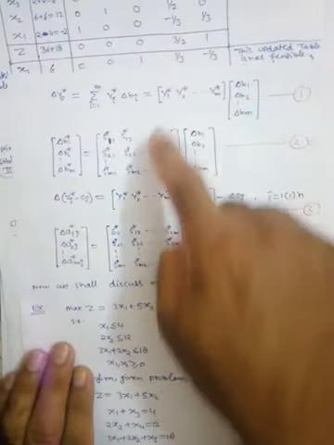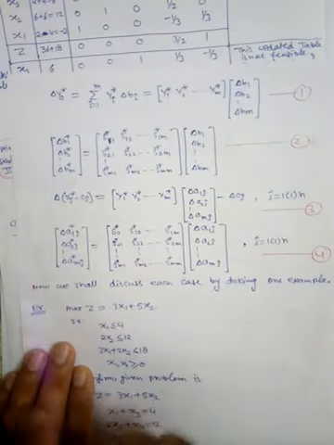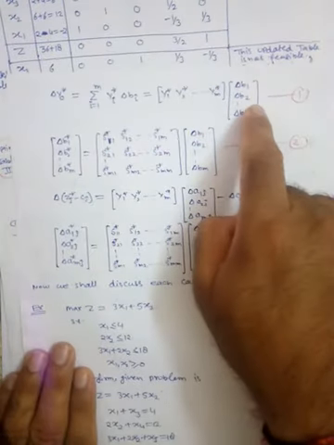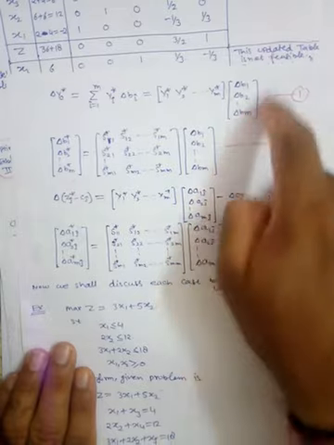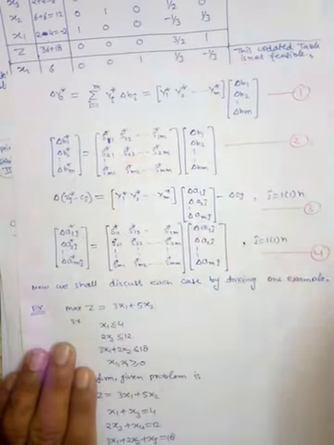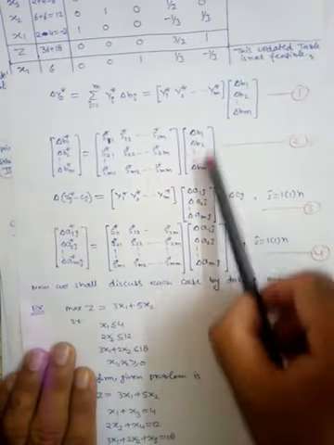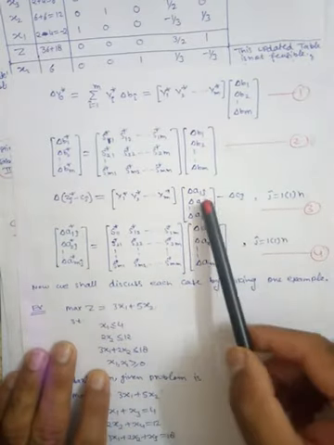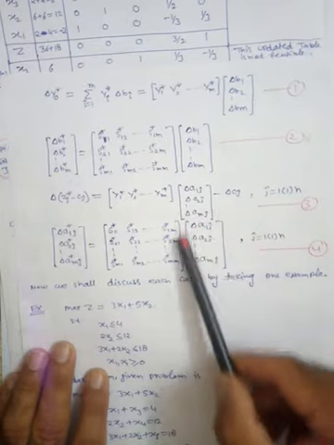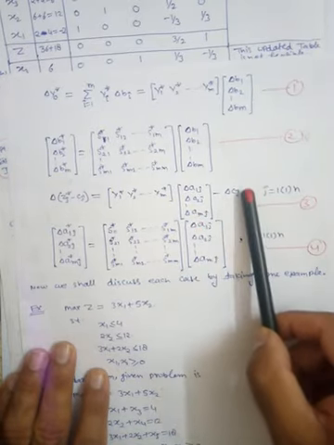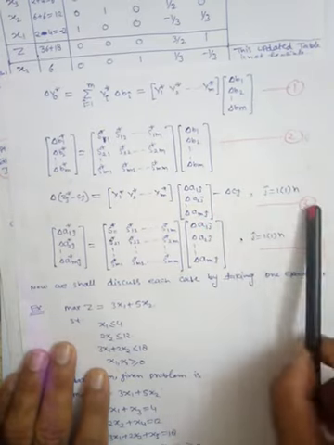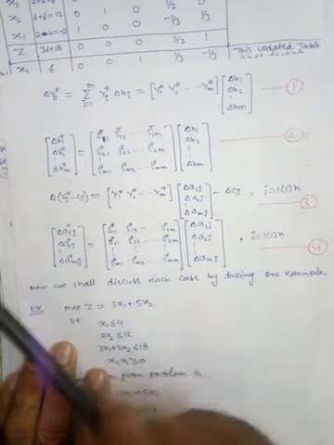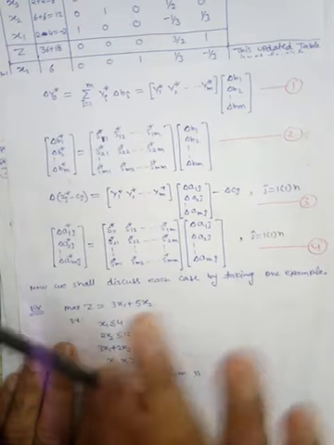These are the formulae. You will see, these are the four formulae: 1, 2, 3 and 4. Here, there is no delta Aij or delta Cj used, so we will not use this formula. Similarly, in the second formula, there is no delta Aij or delta Cj, so we will not use this formula. Here, delta Aij is used and delta Cj is used. So that's why we will use the third and fourth formula in these cases.